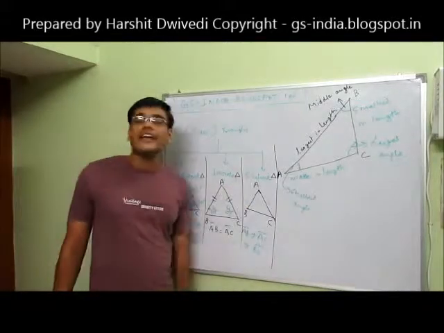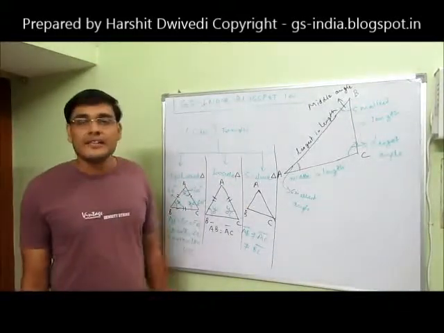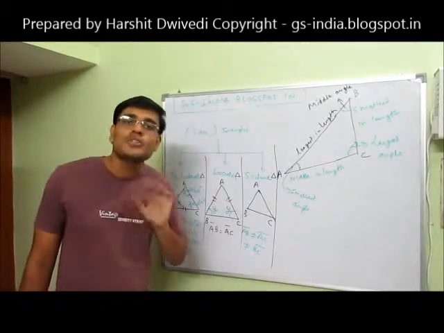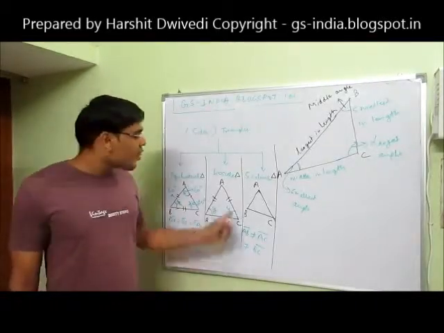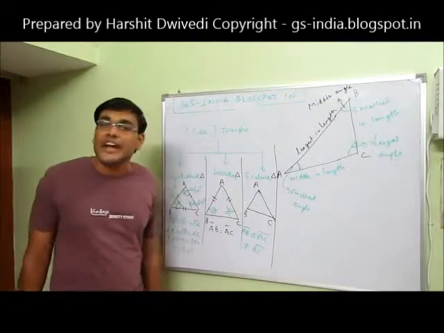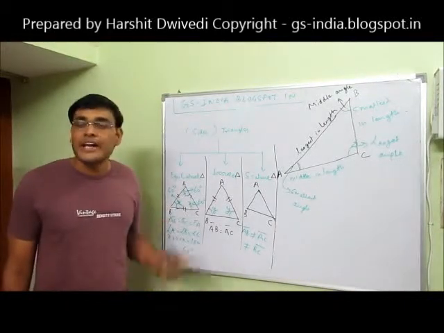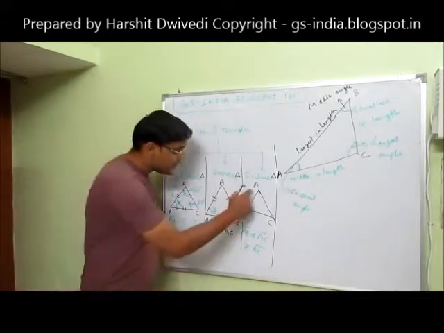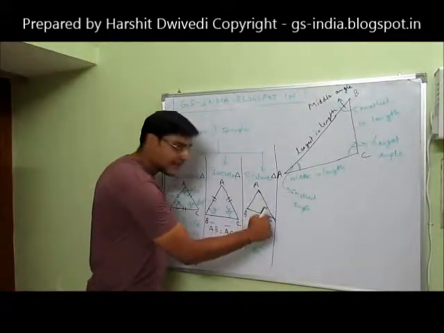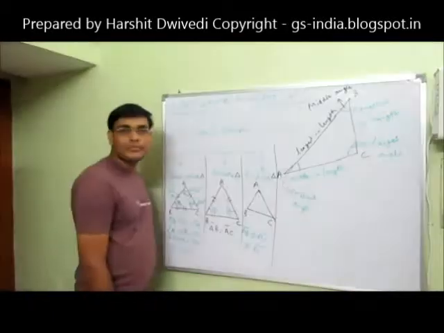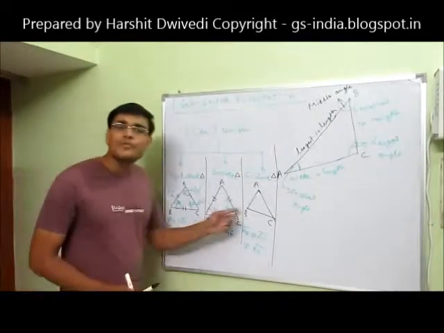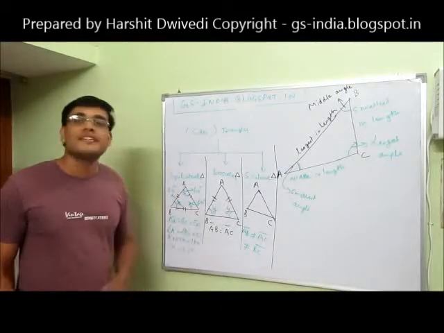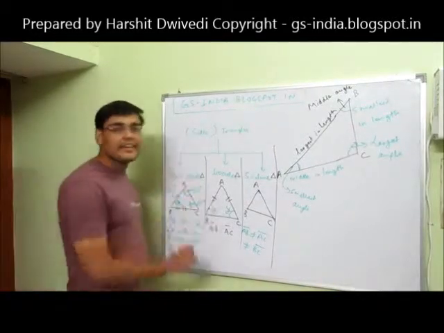And in this scalene triangle, I am telling you that those triangles in which the length of all the sides are unequal, that is, no two sides of the triangle are equal to each other, that is, all the three sides of the triangle are different in magnitude, in length. So that will become a scalene triangle. That means this side AB is not equal to the side AC, is not equal to side BC. So if no two sides of the triangle are equal to each other, then that triangle is a scalene triangle. So this is a scalene triangle.